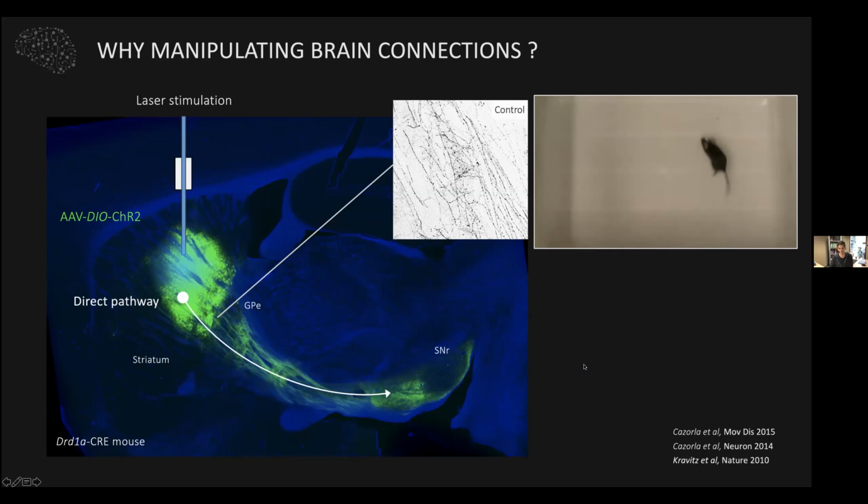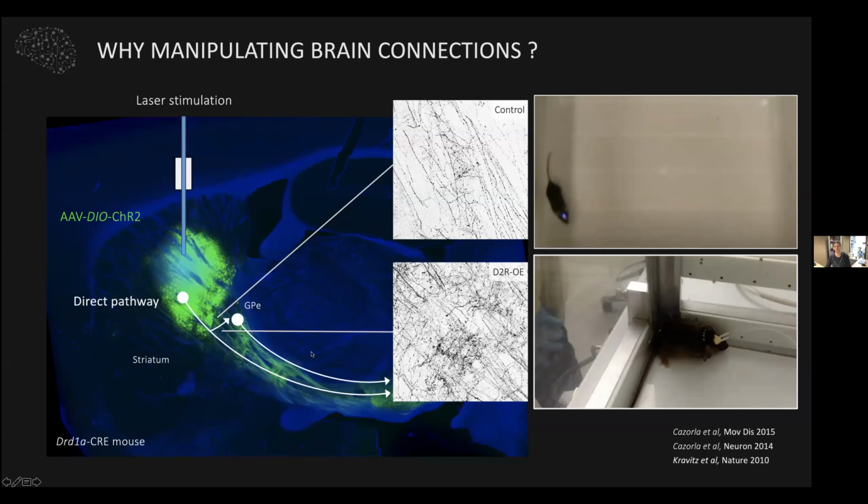You see that you can trigger locomotion, you stimulate locomotion in these mice. You can even tell that this mouse was implanted only on one side, so this is why you have this contralateral movement. So it's a very robust model to study motor control. And I won't go into the details, but basically we were working with a mouse model,